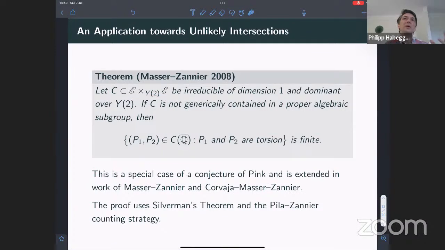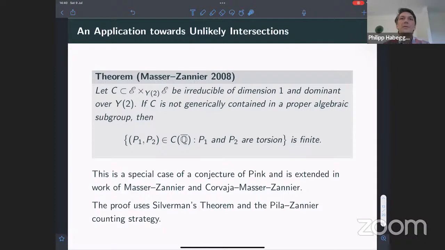Legendre family. So this is now a three-dimensional variety. And under the hypothesis that the curve is not contained generically in a proper algebraic subgroup, they show that it contains at most finitely many points. So now these points are points on the same Legendre elliptic curve that are simultaneously torsion. This fits into this unlikely intersections framework because we're imposing two restrictions on the point, namely that both coordinates have finite order. And well, this falls, as I said, in this framework of unlikely intersections, and this is a special case of